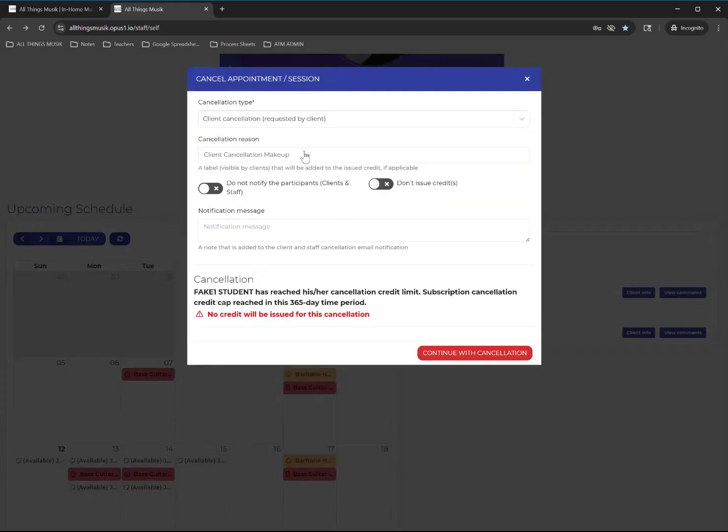You would use this option when a client needs to cancel and they still gave you that 24 hours of notice, or if you need to cancel a lesson on your end. When a lesson is canceled this way, the client will automatically be issued a makeup lesson credit, meaning they will have the opportunity to reschedule with you at a later date. Remember that clients only get 3 of these, and the system does keep track of the amount of makeup lessons